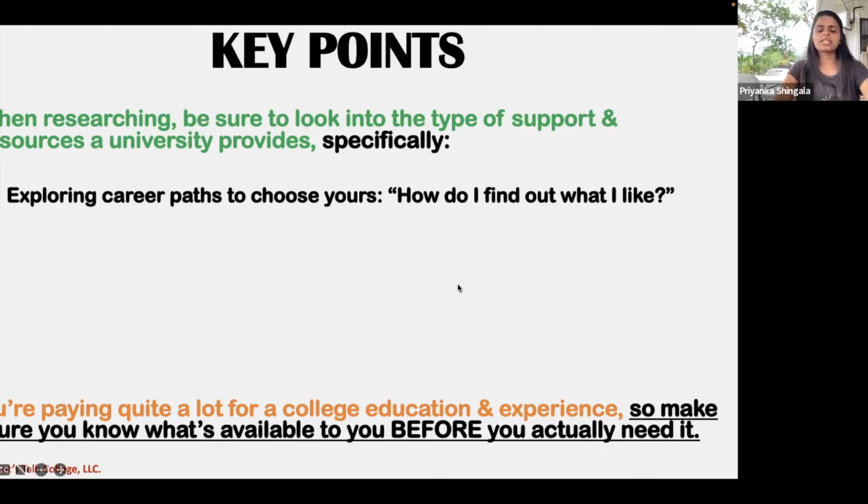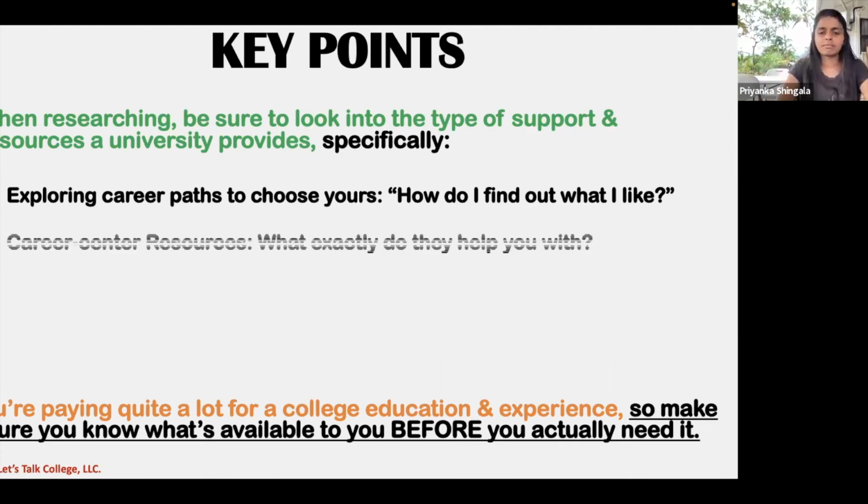So then the question is, how is this university, who I am paying a lot of money to, and this is a common problem, how are they going to help me figure out what it is that I like to do? Some of it will happen through the Career Resource Center. And they'll say, okay, well, we want you to take this personality test.